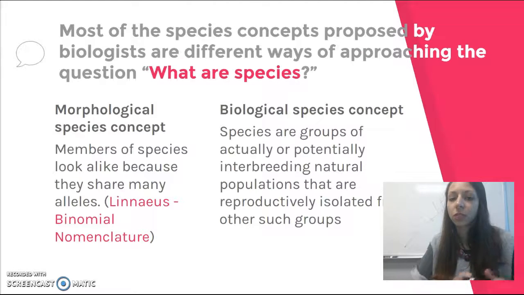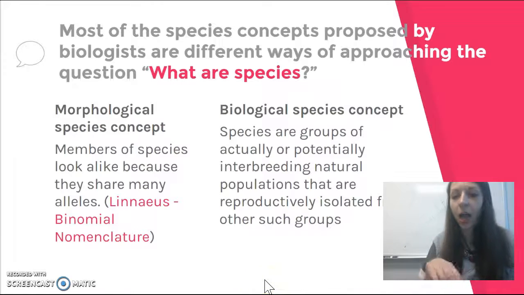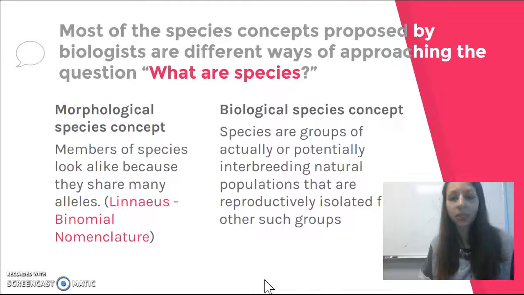So a morphological species concept is just the idea that organisms that look alike are going to be members of the same species. And Linnaeus came up with this. He also came up with our binomial nomenclature, which is the idea that we classify species and then they have a scientific name that includes two words, binomial. So for example, Homo sapiens for us, or Gallus gallus for the chicken. And there's tons of them out there, and we continue to use very similar rules to the ones that Linnaeus